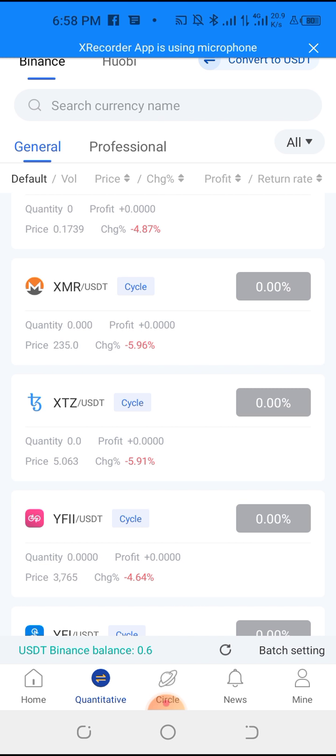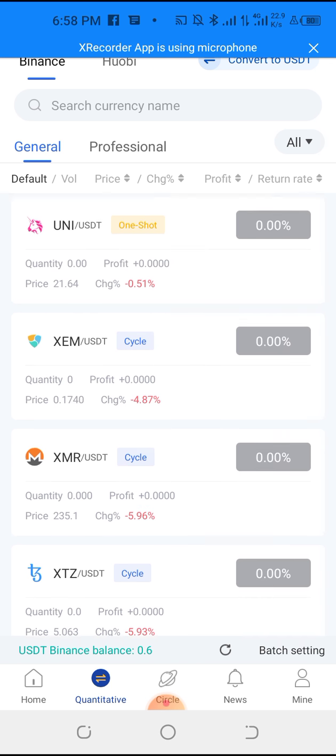So the best place to start trading is to look for the coin that has the highest negative, because the coin is already down. So the next thing for that coin is for it to be coming up. So as it's coming up, it will be coming up in profit. So if you look at the